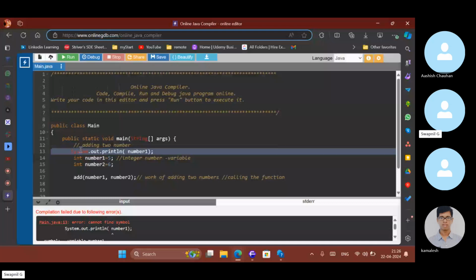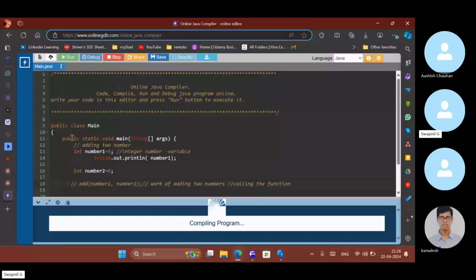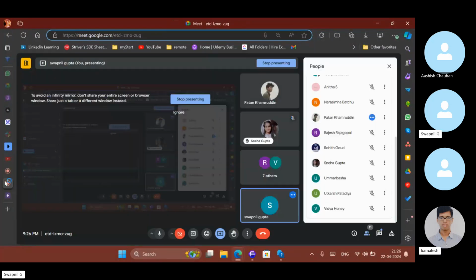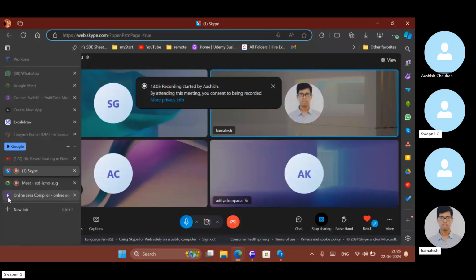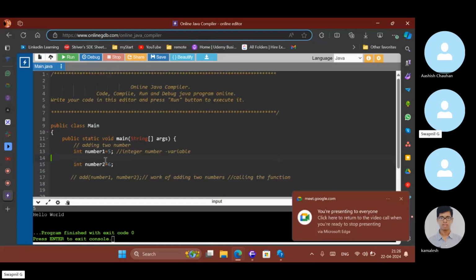Now, if I move it one line below and comment this out, that gives us an error. Can you see number 5 showing at the bottom? One most important thing that we learn from this mistake is that we cannot just call the function. We need to declare it first. So how do we declare it?